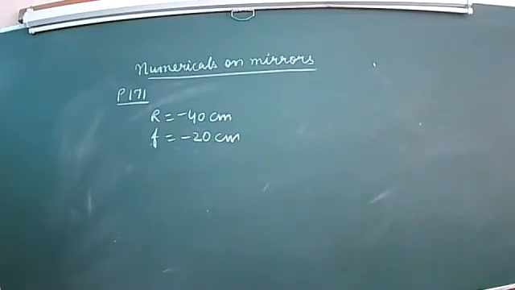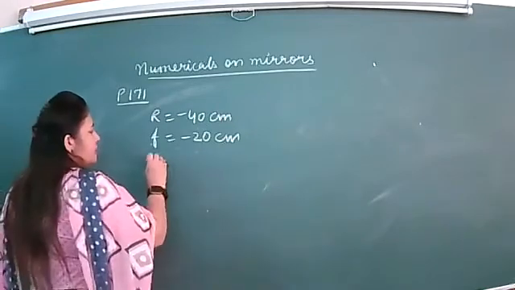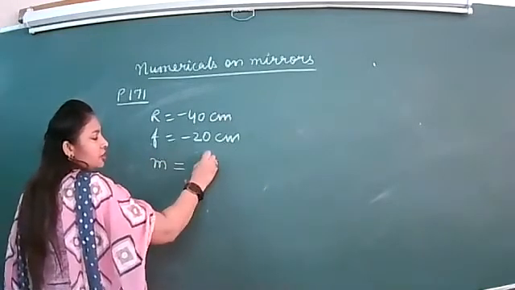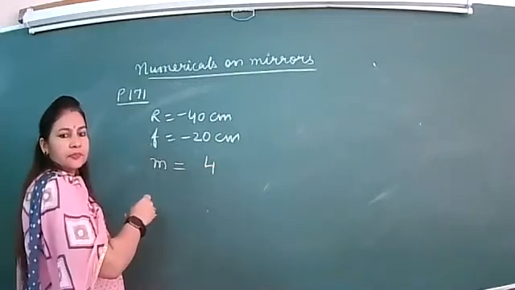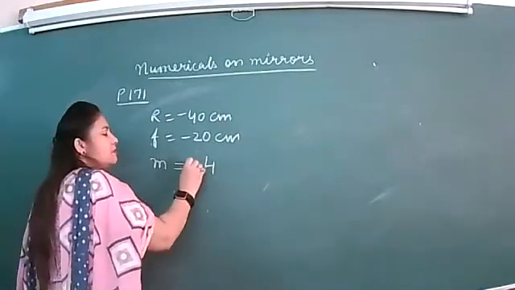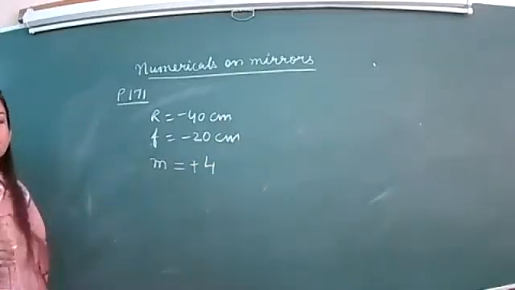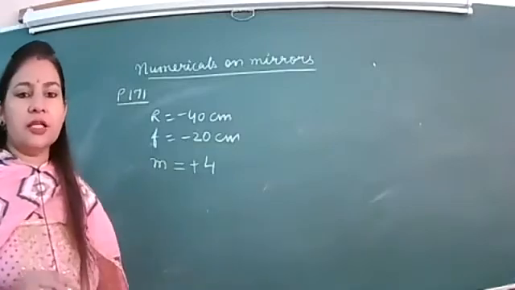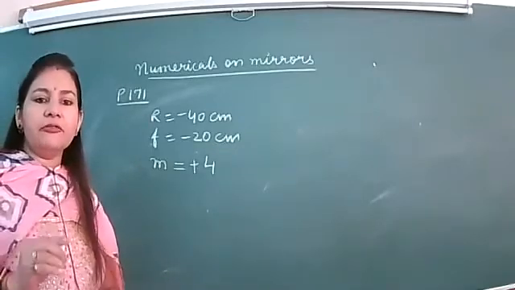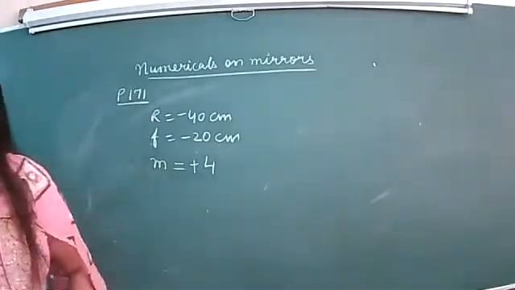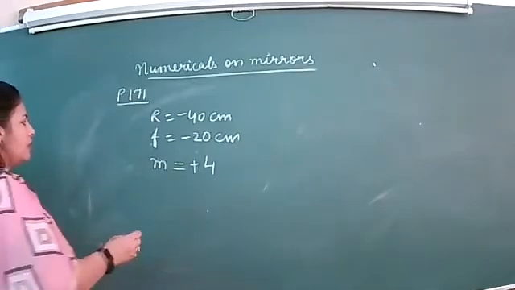Okay. Then 4 times magnified and erect. So what do you think will be the magnification? Plus 4 or minus 4? Erect image है ना, so it is plus 4. So this must be the last case when object is kept between F and P. ये वो वाला case होगा. ठीक है?